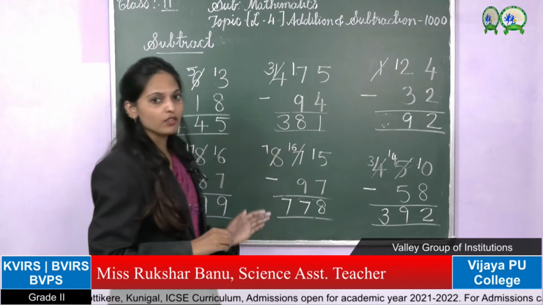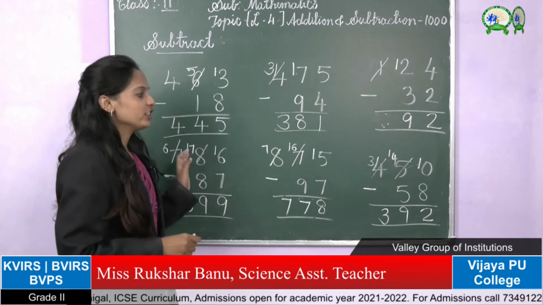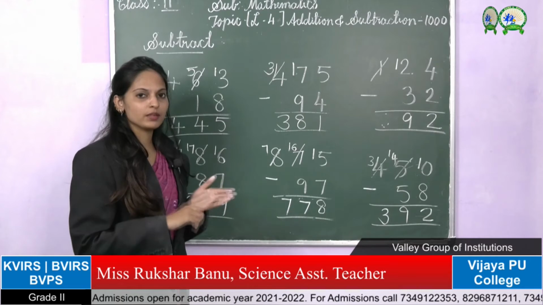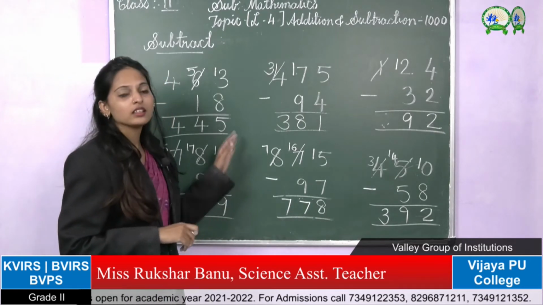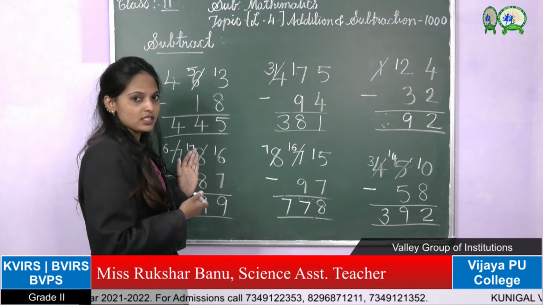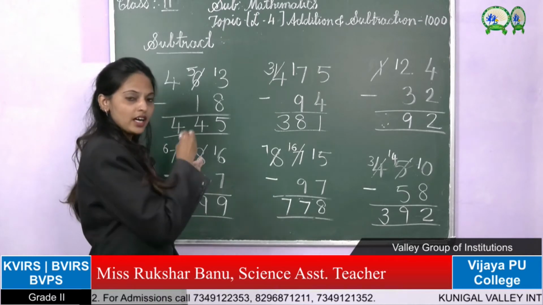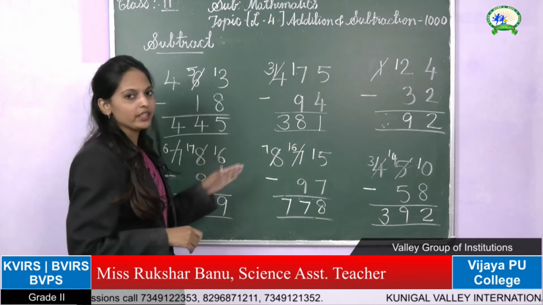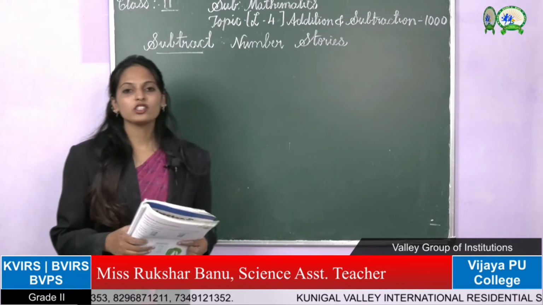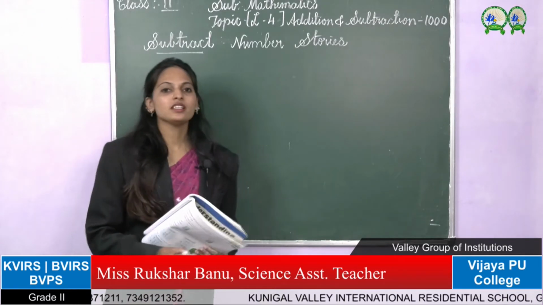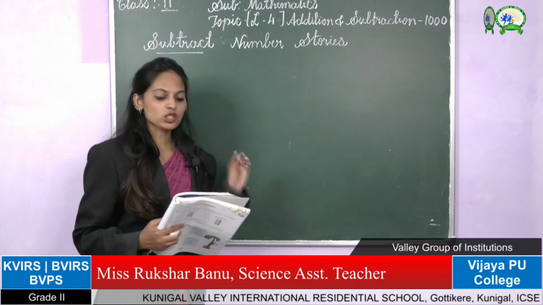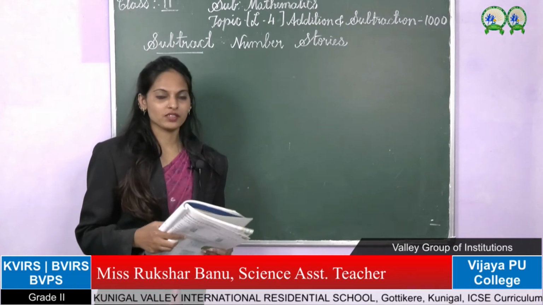So this is the method of regrouping of 3-digit number. Okay children, is it clear? If there are less number, we have to take 1 from other numbers, other tens, or from other hundreds place. Okay, then we have to cancel numbers. Okay children, is it clear? Okay, and the next main is story problems. So here we have to read and subtract the problems from stories.